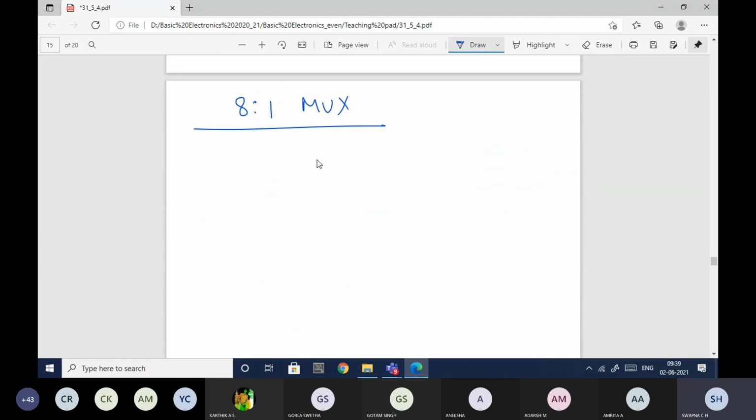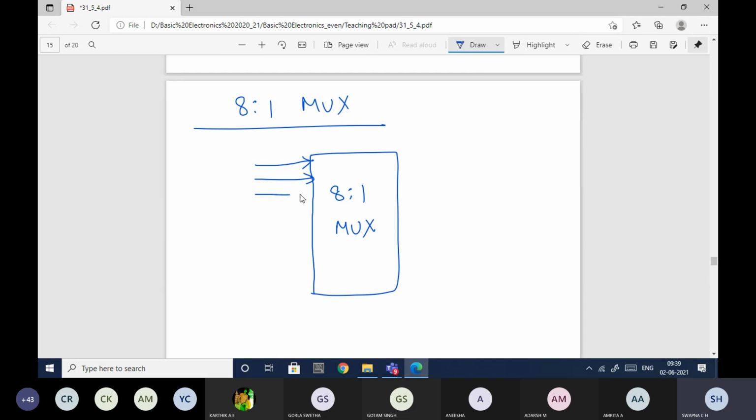I'll draw the black box; whatever I'm drawing here is nothing but a black box. Let me call this the 8:1 mux. How many inputs should be there? 8 data lines should be there: 1, 2, 3, 4, 5, 6, 7, 8.